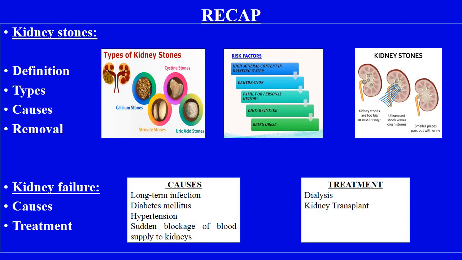Recap. So we have done first thing, the kidney stones, that when the kidneys are not working properly, nitrogenous waste substances they accumulate, and then starting from the microscopic they keep on increasing in size, and then the stones will be formed. Types of these, they will be formed by the calcium stones, cystine stone, struvite, or uric acid stones. And there are three types: smaller and medium sized stone and large stones.